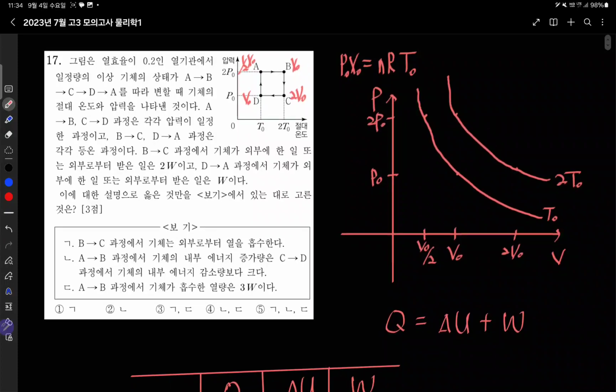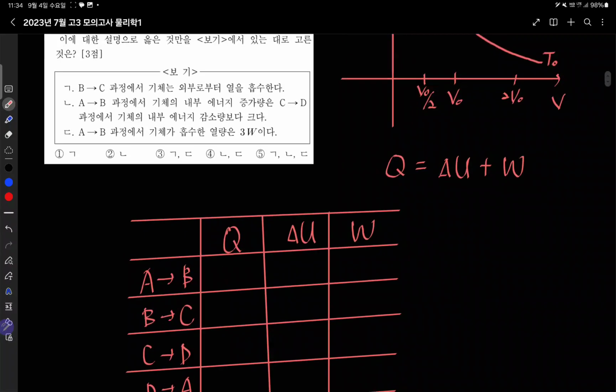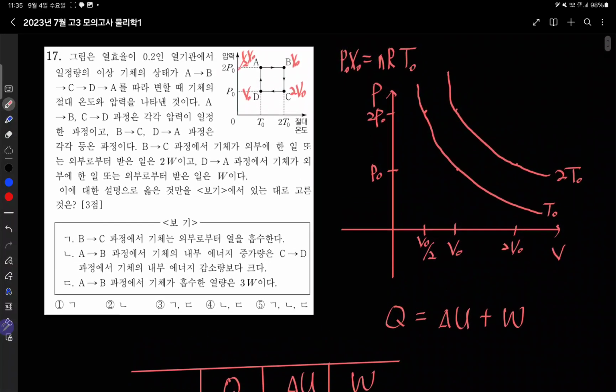from A to B, B to C, C to D, and D to A, and the net total. And from the problem, from B to C,